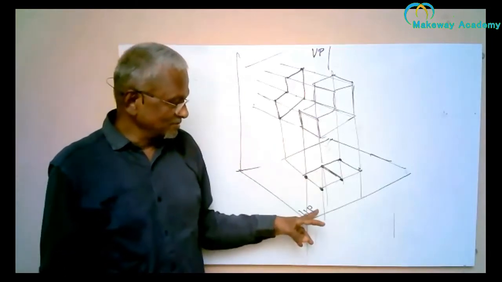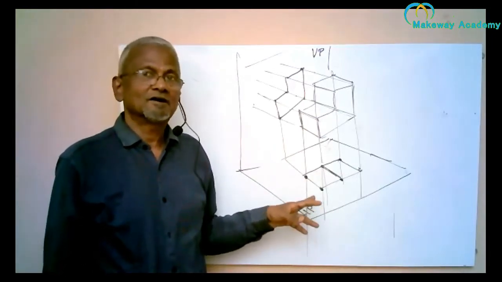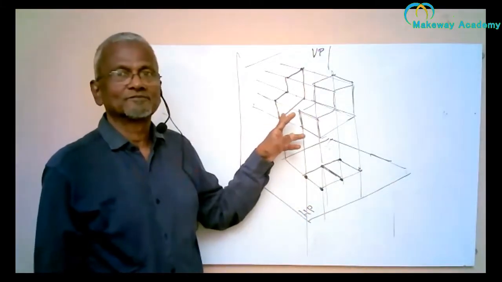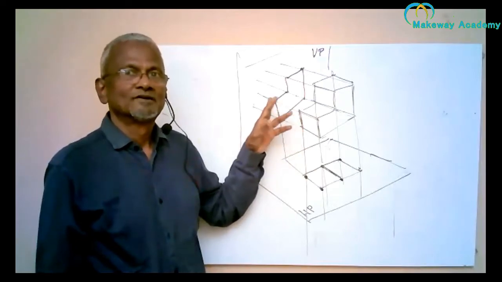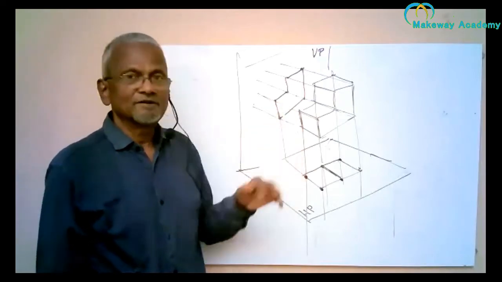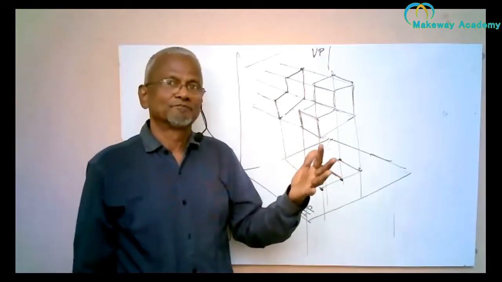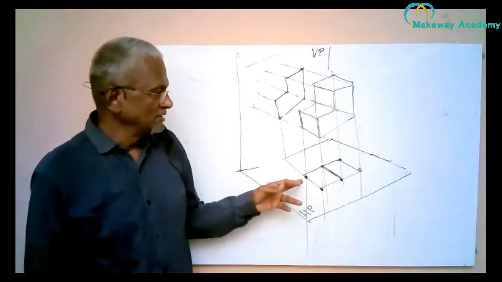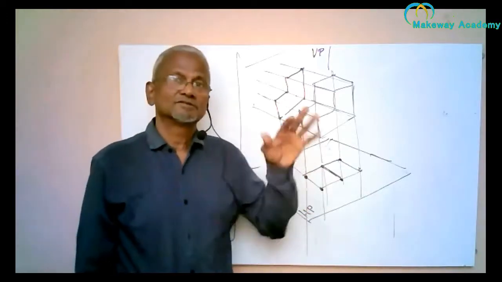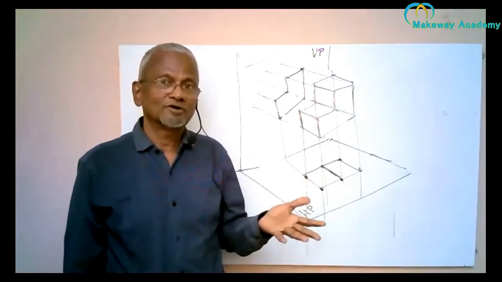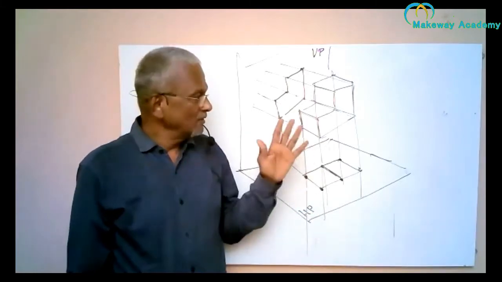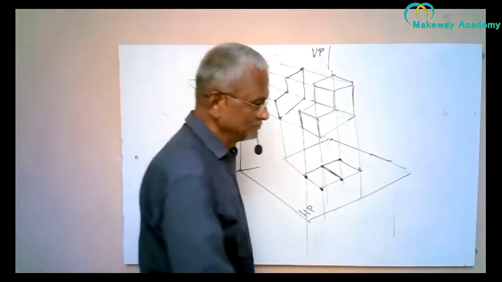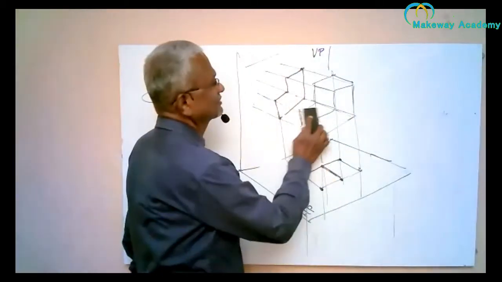So this is the projection obtained on the horizontal plane. We may call it horizontal projection. This is the projection obtained on the vertical plane. So you may call it vertical projection. The other name for vertical projection is front view. You can also call it elevation. Again, the other name for the horizontal projection is top view. You can also call it plan. Now I have got two views. I don't need the object anymore. The object is not needed now.